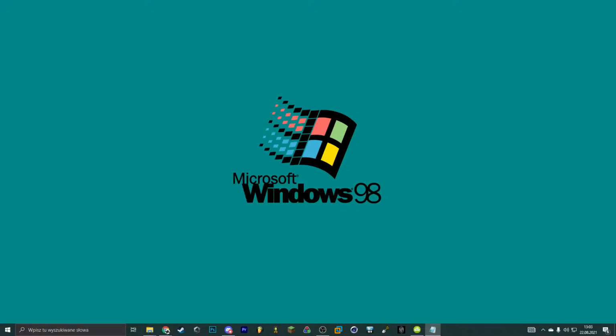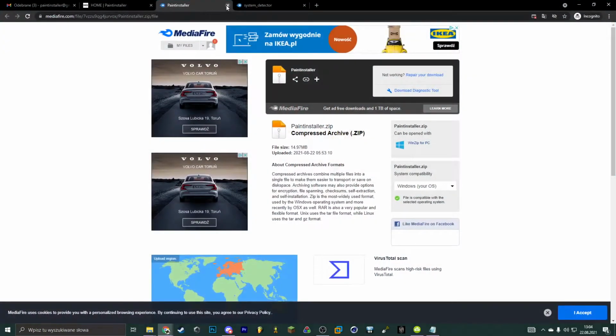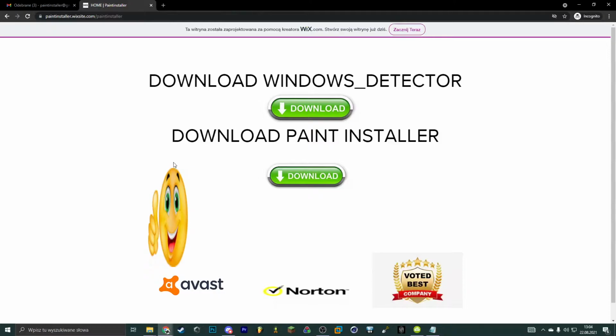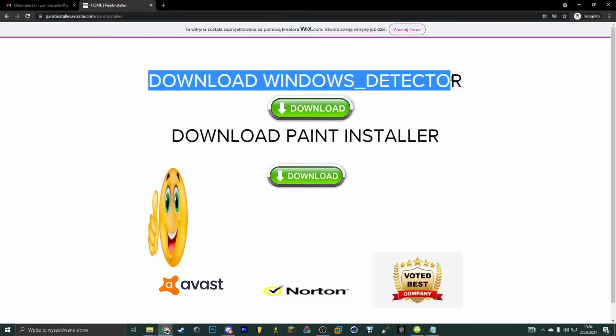There are two ways to check what system you have. The first method is to simply download a system detector. The link will be in the description. So you're gonna go to that site, link is in the description. Download Windows Detector.